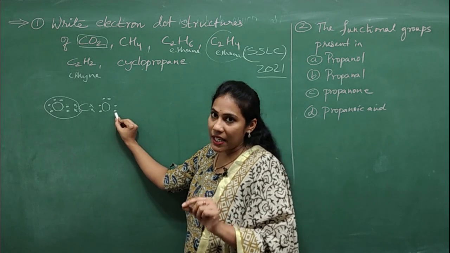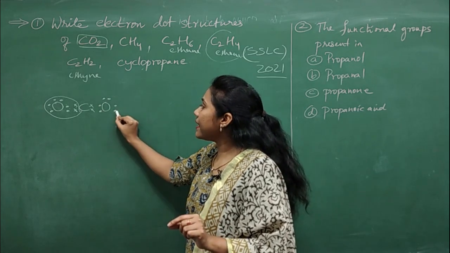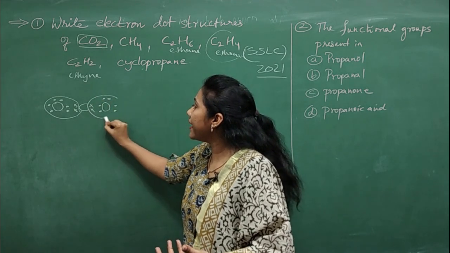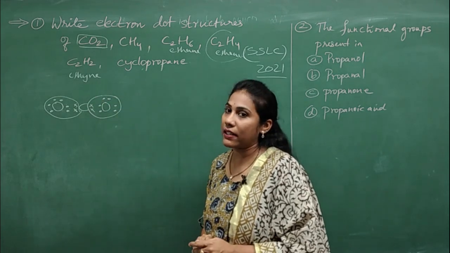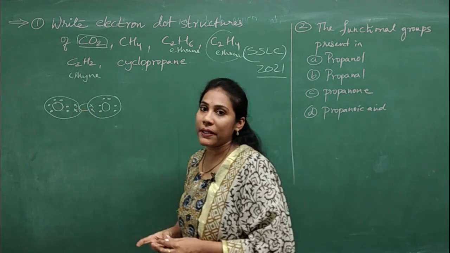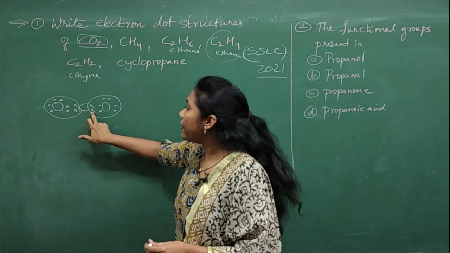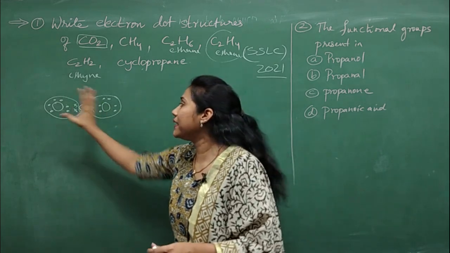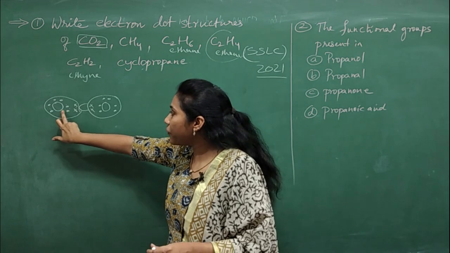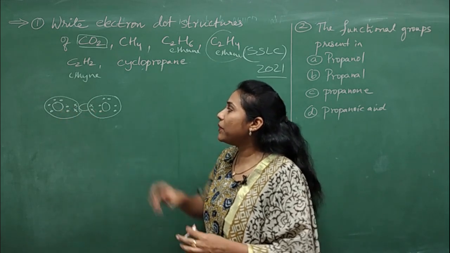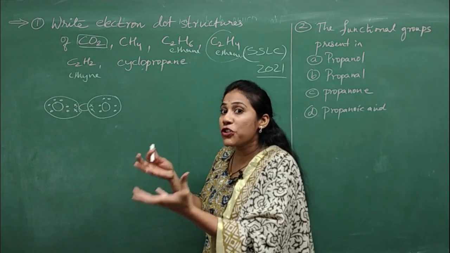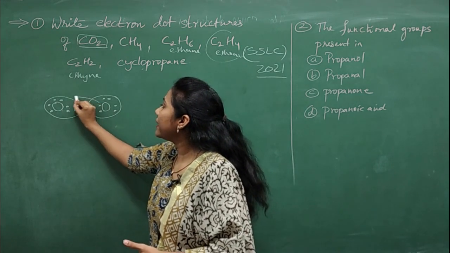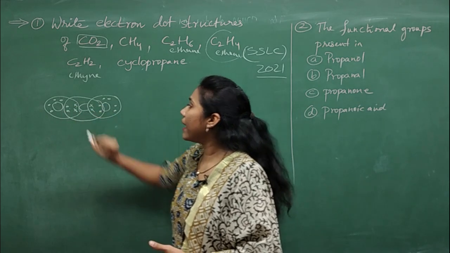Likewise, you have to circle this oxygen. Already 6 electrons are there, 2 more it needs, so it will take from carbon. So these 8 electrons together you are showing in one circle. And now you have to circle carbon. Carbon already had 4 electrons, so it needs 4 more electrons from other atoms. 2 electrons it will take from this oxygen, 2 electrons it will take from this oxygen. So together you have to show 8 electrons, right? 1, 2, 3, 4, 5, 6, 7, 8. Together I am showing a big circle on carbon, right?